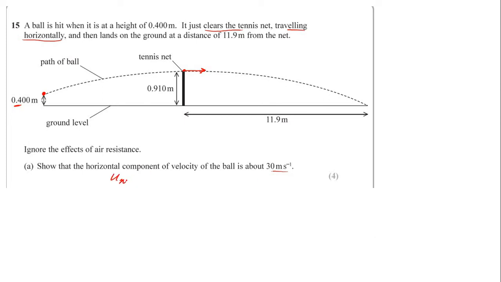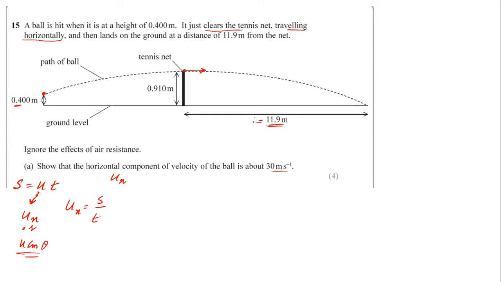And remember, the horizontal component remains constant for a projectile motion, and we have only one equation to deal with the horizontal quantities. This equation is s is equal to u into t. This u is the horizontal velocity. You can say ux, or you can say u cos theta. It's your choice. This is the horizontal component. So if you need to find this horizontal velocity ux, that means we have s divided by t. s is the horizontal distance, which is given in this question,